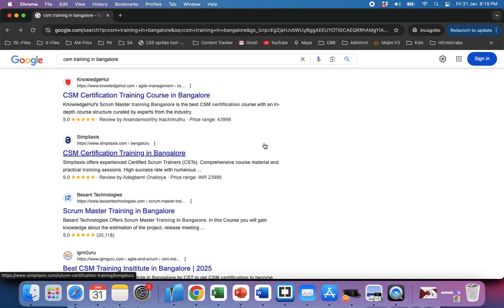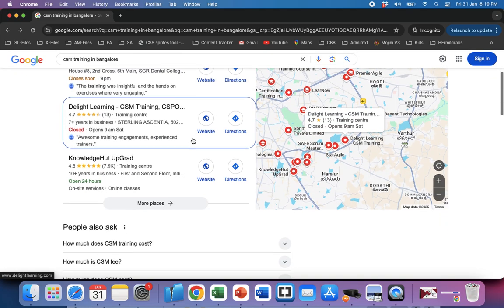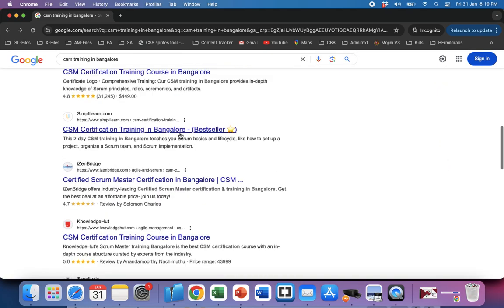Our goal is to improve crawl frequency, and we are improving it by n number of methods or approaches which we have discussed in yesterday's class. Correct? And now we have approaches or methods to improve the CTR as well. For example, one of these is introducing the star rating. Correct? Or maybe in the title you will show something, or if anybody is running ads, they will show it on the ads, or bestseller. Look at this, they are writing bestseller, but when you visit it, they must be selling it at 40,000 rupees, where everybody else is selling at 20,000 rupees. It is not serving the objective of the end user, or the page might not load, right?